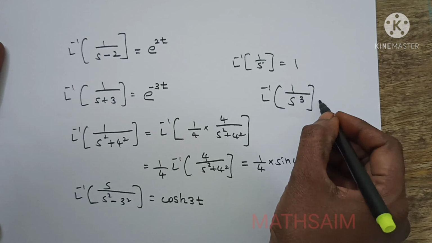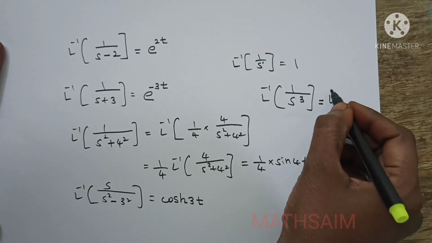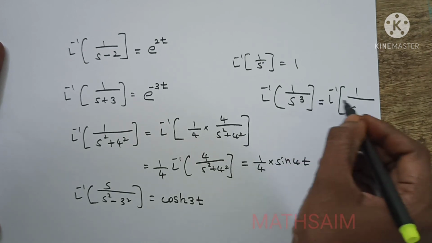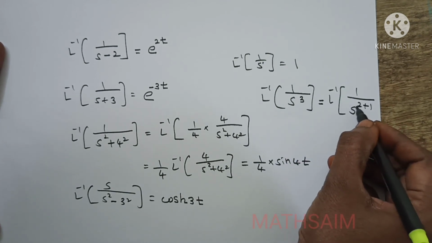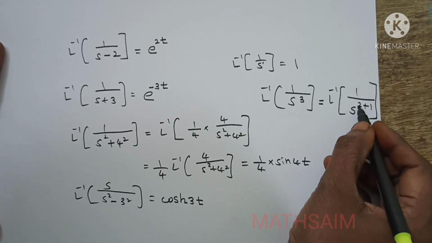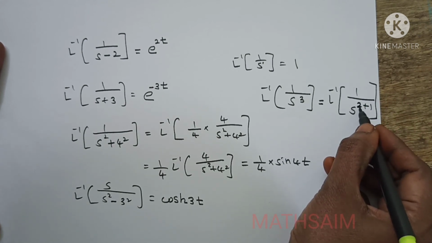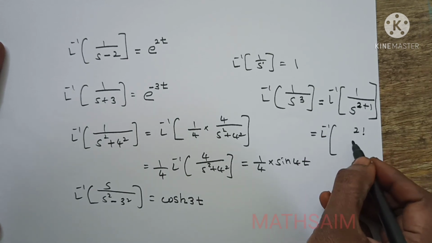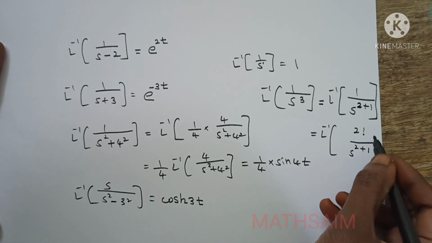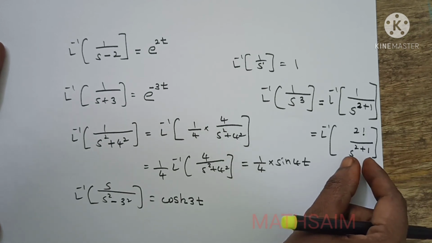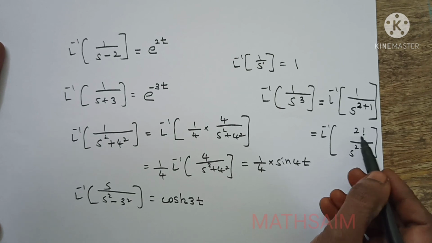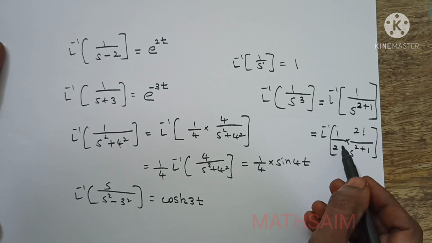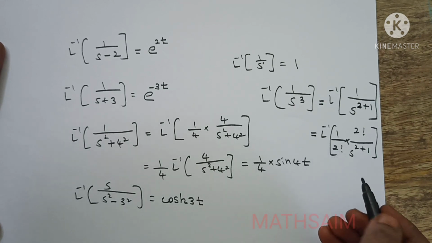In that one, definitely you should first write that in the form of n plus 1 as the power of s. I am going to write this 3 as 2 plus 1, that is what I told as the n plus 1 form. Now you see in the place of n we are having 2. So if I write this in the form of n factorial divided by s power n plus 1, then I can write this one as t power n. But simply I cannot write this 2 factorial, so I should maintain this equality. So I should multiply that 2 factorial in the denominator also.